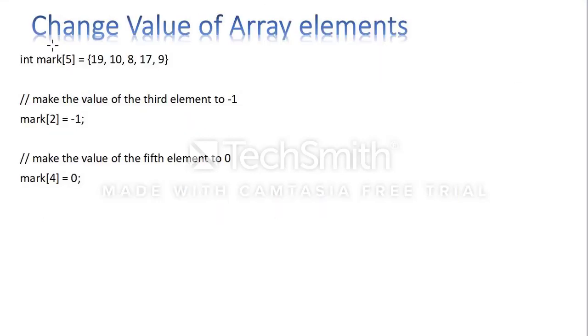How do you change the value of an array element once you have declared it? For example, I have declared the previous values 19, 10, 18, 17, and 9. I want to change some values in that array. Easily, you can change the values once you have declared them. So how can we change? We know the index value of each element. For example, what is the index value of 19? That is 0. What is the index value of 10? That is 1. So based on that index value, you can change the element or value of that array.